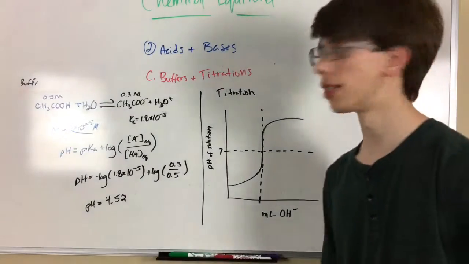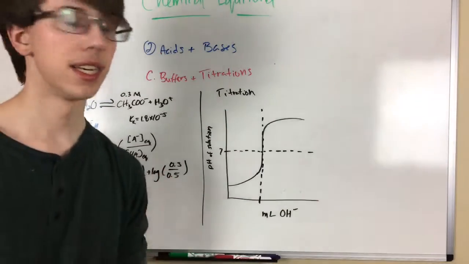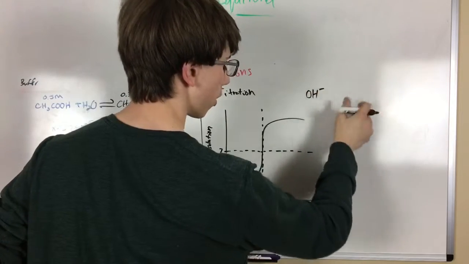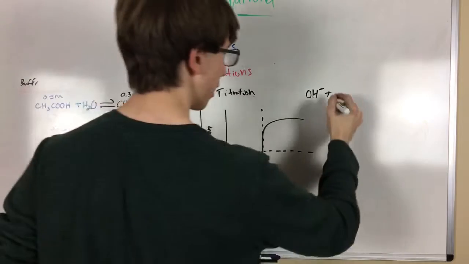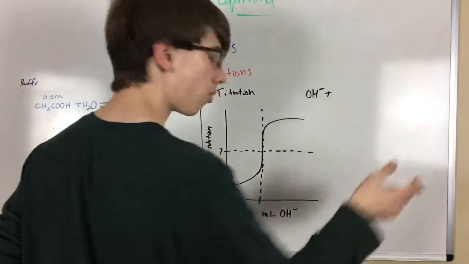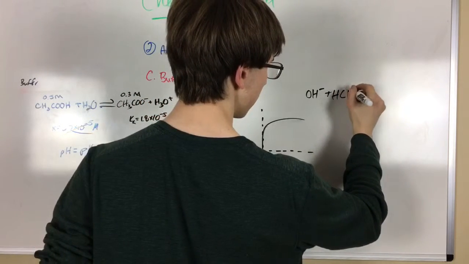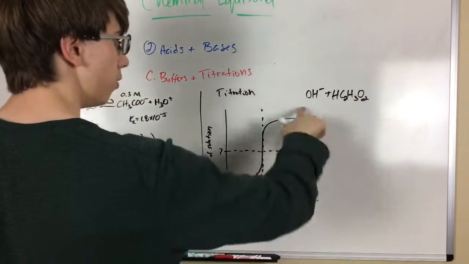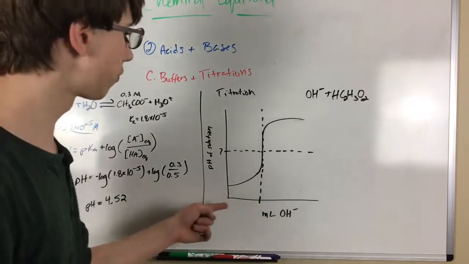And so now we will discuss titration. And so what is titration? Titration is using a strong acid or a strong base to neutralize a weak acid or a weak base, or a strong acid or a strong base, essentially to neutralize an acid or a base. So like acetic acid, right? So to neutralize this, we would use this. And what we use titration for is we use